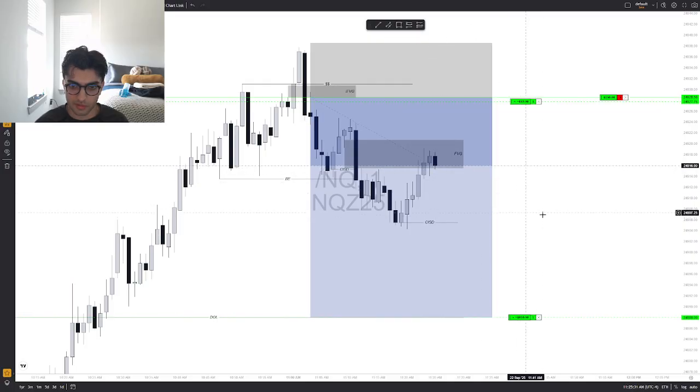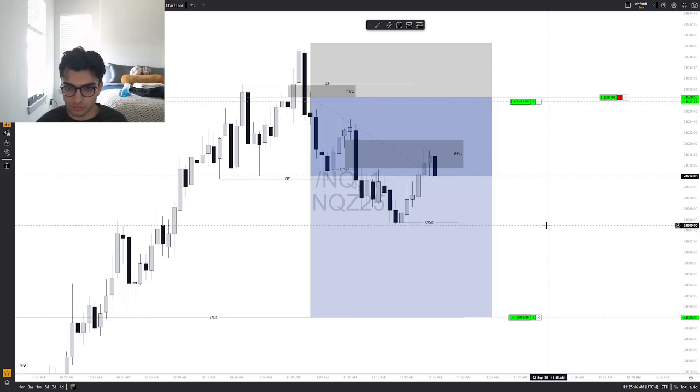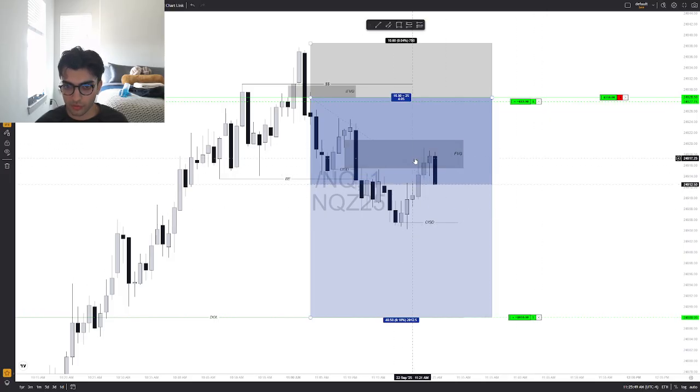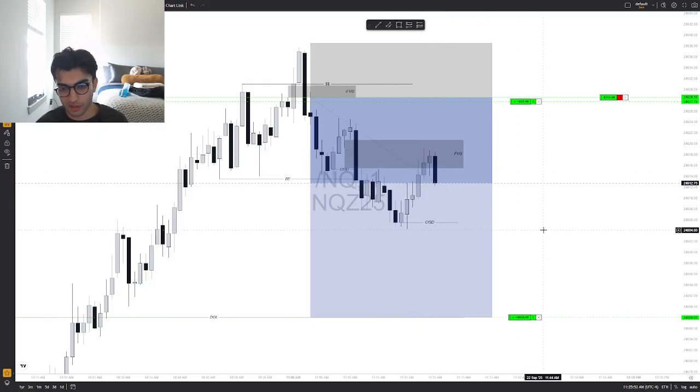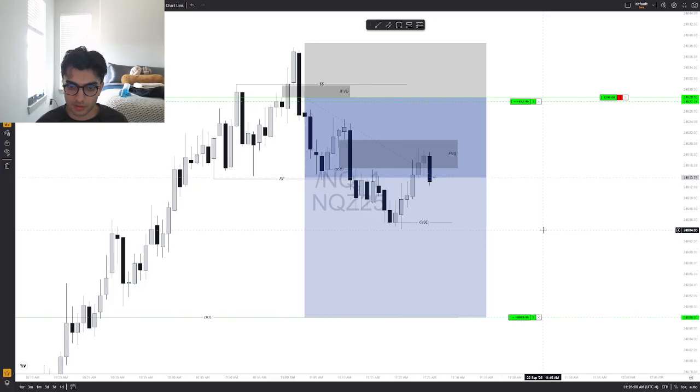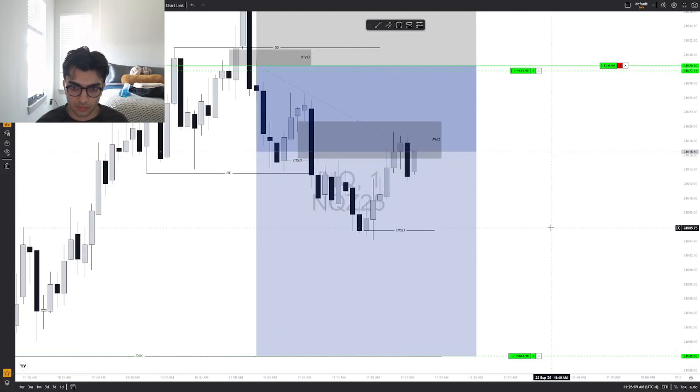See if we can get the closure outside of this for value. I'll confirm that we're going lower. There we go. So again, accumulated more sell orders, induced buyers to move it in the original direction. Yeah, so we should. So tagged into it again. See if we get a premium look here.